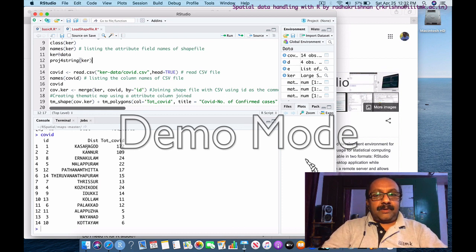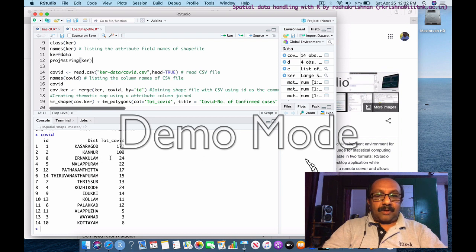And only one thing you have to make sure is that the IDs in this CSV file and the IDs in the shapefile are matching. What I mean is, if Kasaragod has an ID of 1 in the CSV file, in the shapefile also you have to make sure that the Kasaragod district has an ID of 1. So this you have to interactively see and check and make sure.